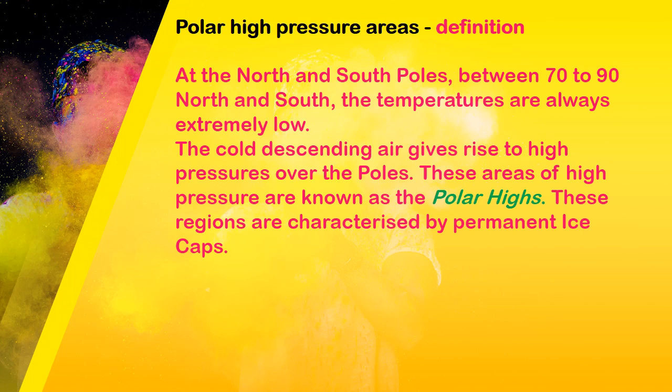So next, polar high pressure areas. What is meant by polar high pressure areas? At the north and south poles, at 90 degree. Between 70 degree to 90 degree north and south, the temperatures are always extremely low. Why are these temperatures extremely low? Keep it in mind that